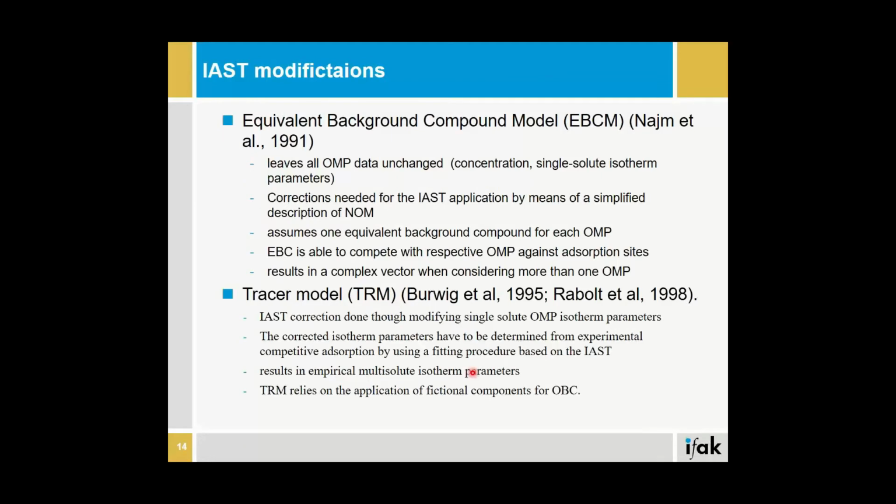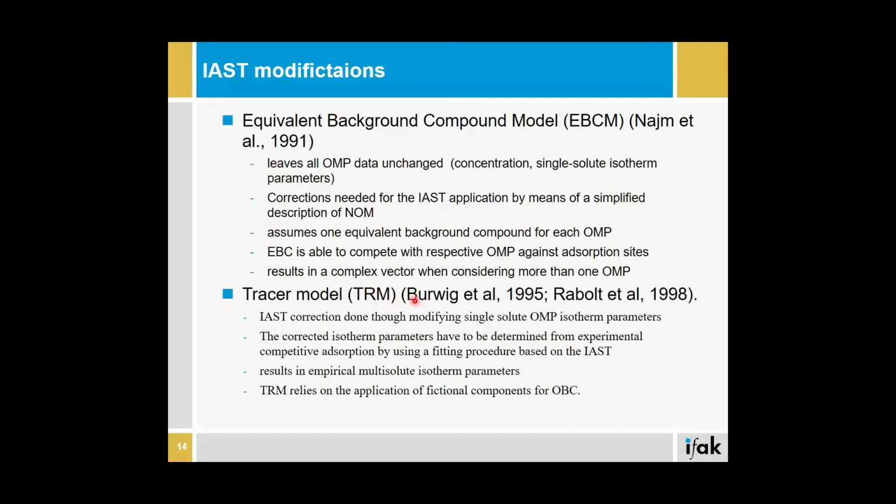So in order to overcome the described problems associated with EAST, two modifications were developed. We have the equivalent background compound model, and we have the tracer model. The equivalent background compound model leaves all the organic micropollutant data unchanged, so it takes the isotherm parameters from single solute isotherms like Freundlich or Langmuir, and it does the correction needed for EAST by simplifying the description of